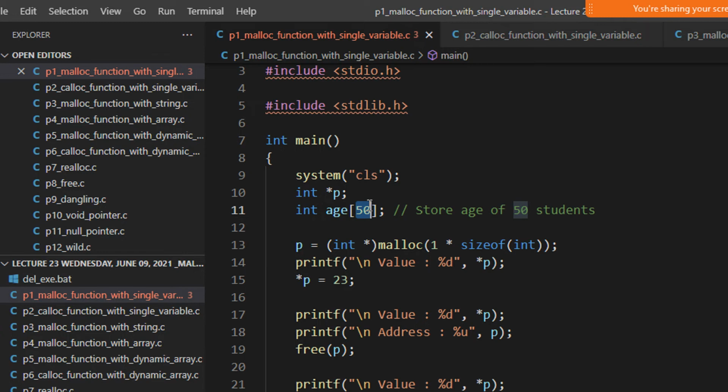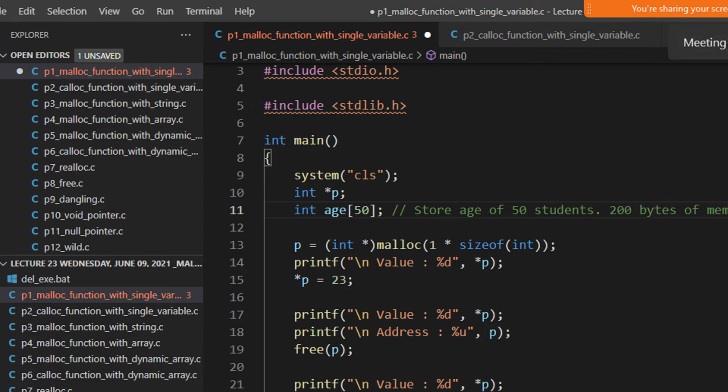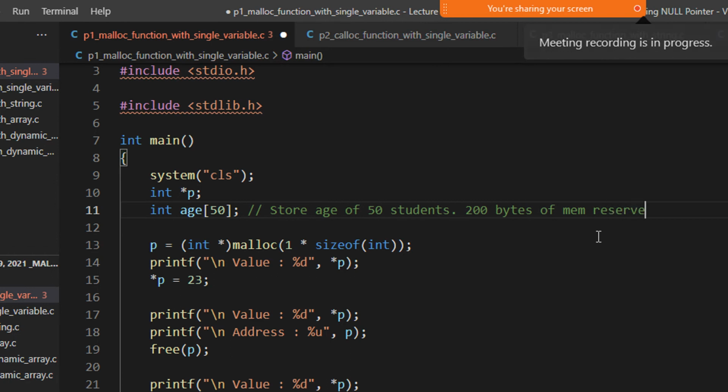Whether I enter one student, two students, 10 students, or 50 students, the compiler will allocate 50 memory blocks, and since each is an integer, it takes 4 bytes. So 200 bytes of memory is reserved.